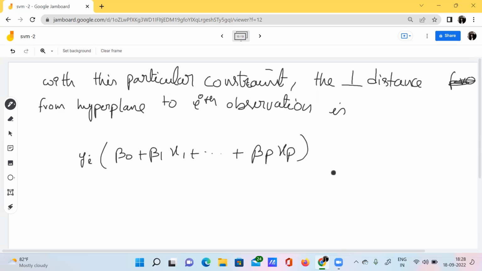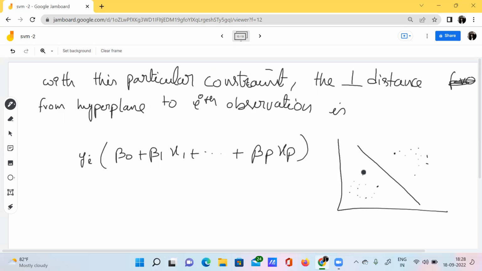We can write this. Why? Because see here, if we have this mathematical space or the feature space, here we have the hyperplane, and here we have some kind of data points, and here we have some other kind of data points. See here, this equation is nothing but the perpendicular distance from the hyperplane to the ith observation.